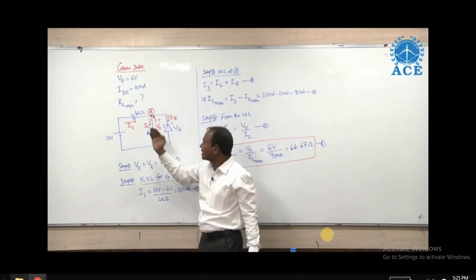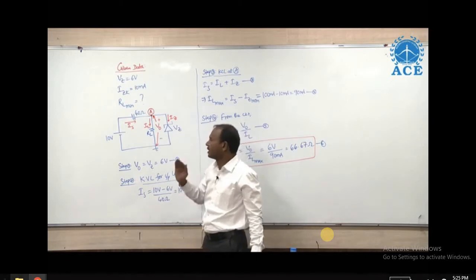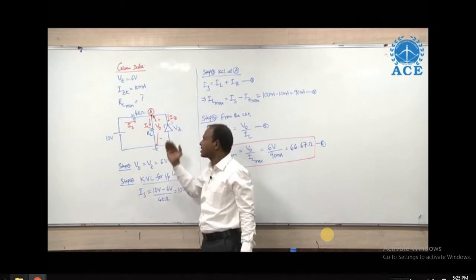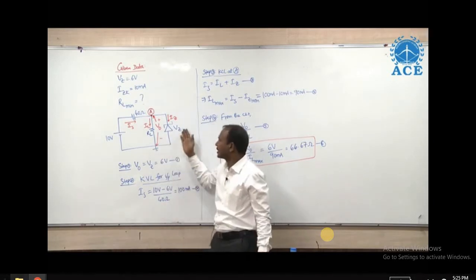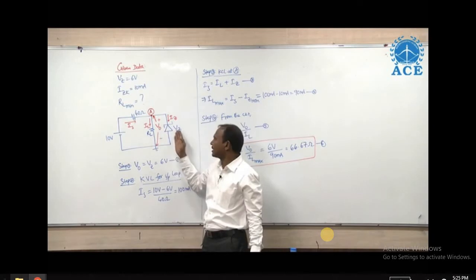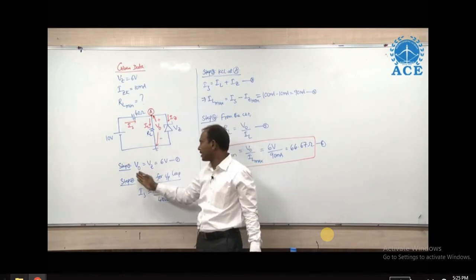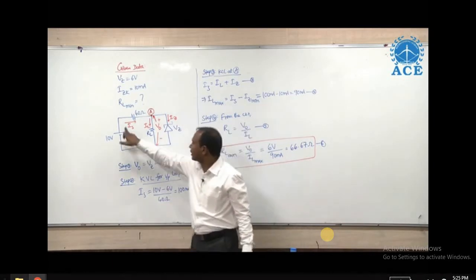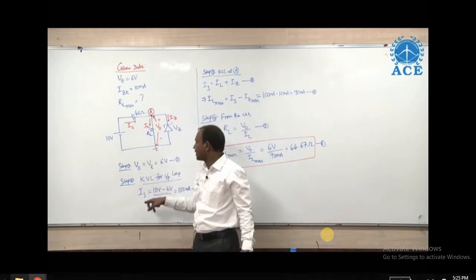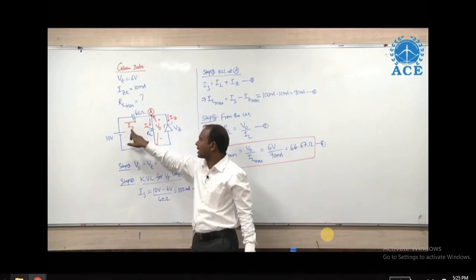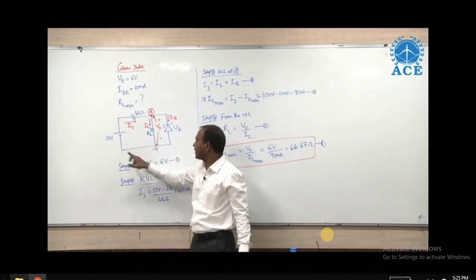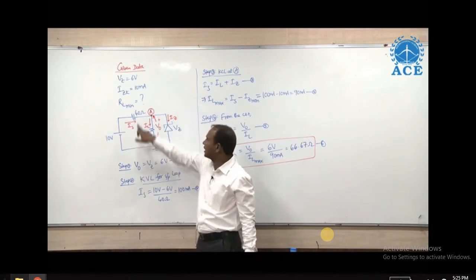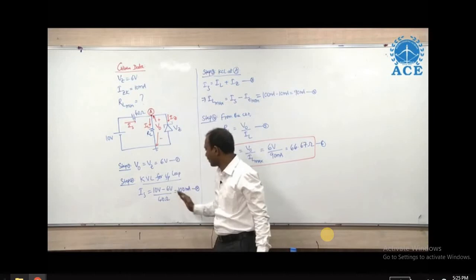For the estimation of RL minimum, because RL is linked with V0 and IL values, let us first estimate the output voltage. Look at the circuit carefully. Output voltage is nothing but the Zener diode breakdown voltage, meaning V0 equals Vz equals 6 volts. Then, by applying KVL for the input loop, we can estimate the source current Is, given by 10 volts minus output voltage, 6 volts, divided by Rs, 40 ohms,